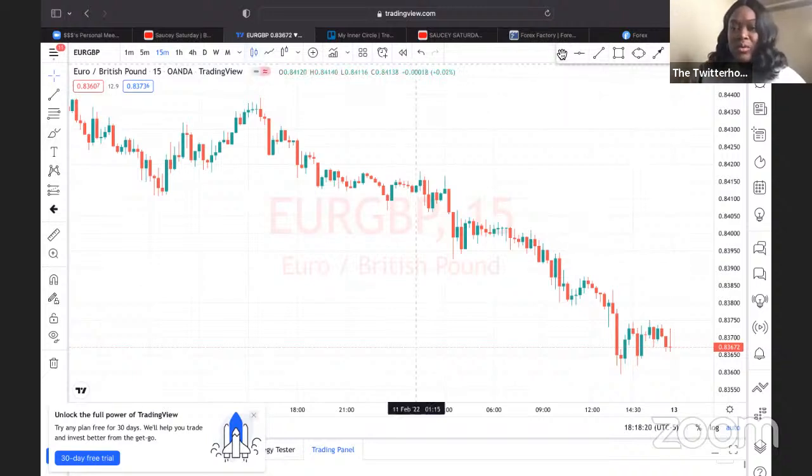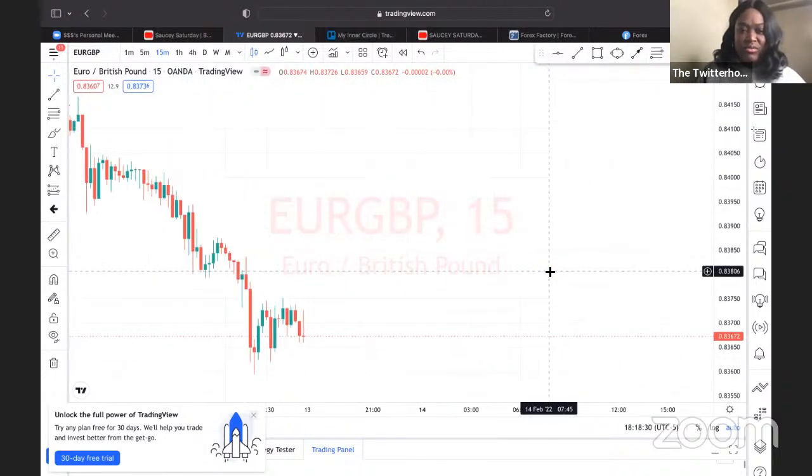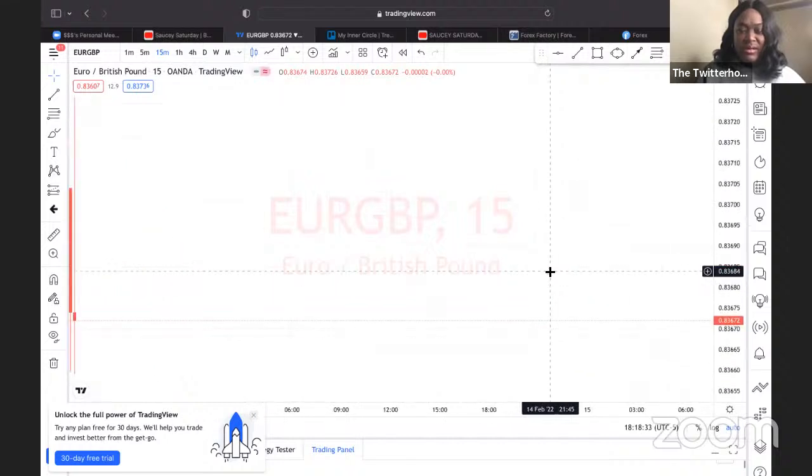So now we're going to take a look at support and resistance. So let's move this over here so we have a clean space. All right, so